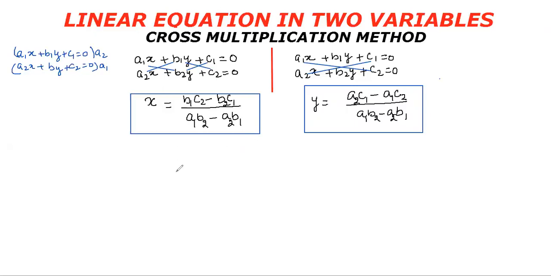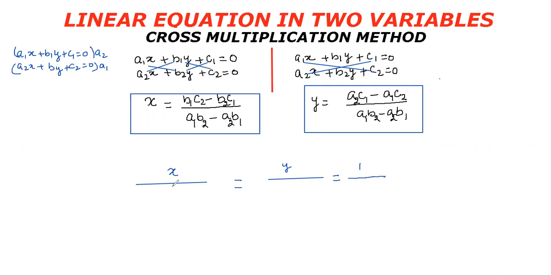You may write x, and then in the denominator of x, you will write... similarly here you will take y and then you will write down the denominator of y. So this is just a way of learning the formula. You may write an equal to sign in between, and then you will write 1 and then upon once again.